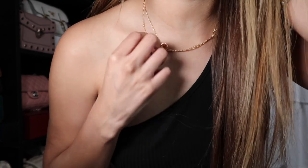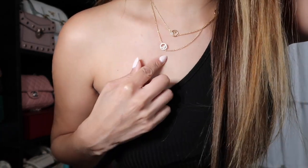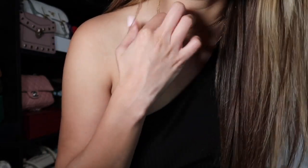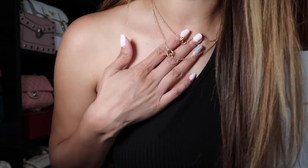So I figured I could wear it double wrapped, and it's a little bit dainty, nothing too gaudy. I figure I'd wear it double wrapped like this, and obviously adjust it a little bit. But I think this is super cute. It's definitely not too gaudy, not too out there, and I just felt like it was the perfect necklace